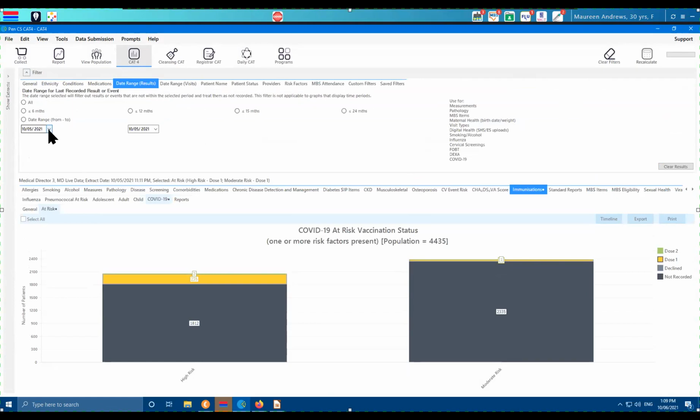So to find patients that are due for the second dose of the AstraZeneca, you'd have to go back 12 weeks from the 10th of May and set that as your end date. Not as your starting date, because if you go 12 weeks back from here, then you get anyone who had received it in the last 12 weeks, but we want people that were outside the last 12 weeks. I've done this before. There is no one there because 12 weeks ago at this practice, no one had received that vaccine. But this will become more relevant over time.